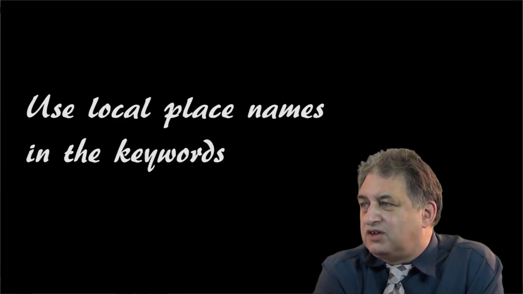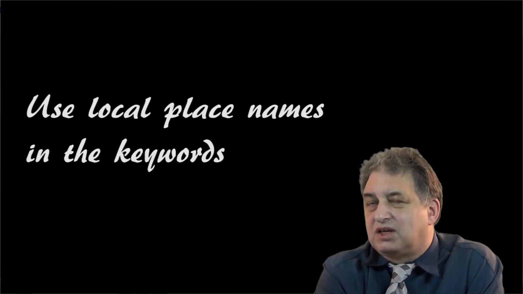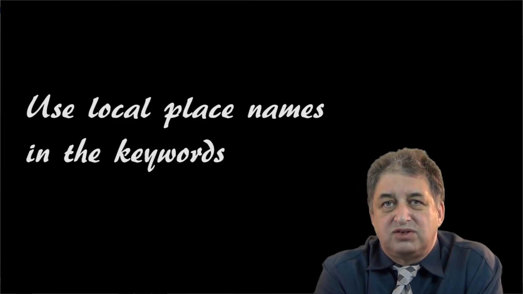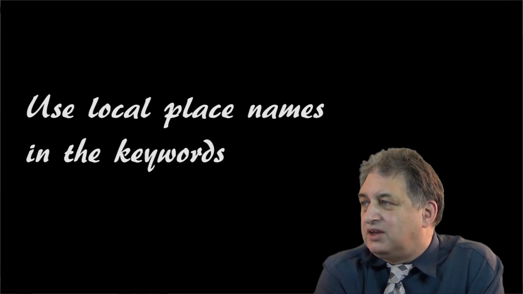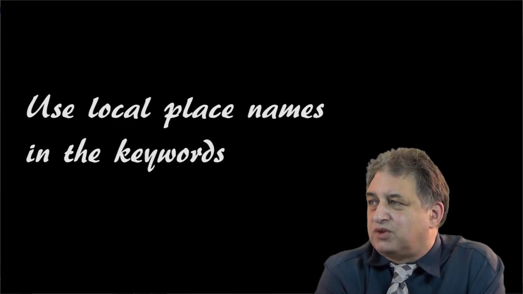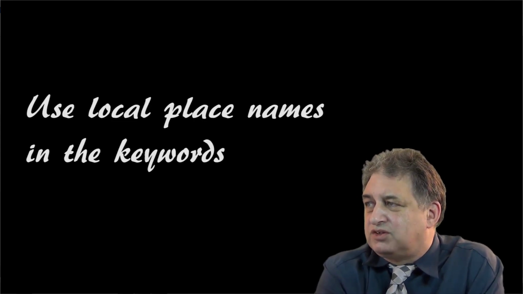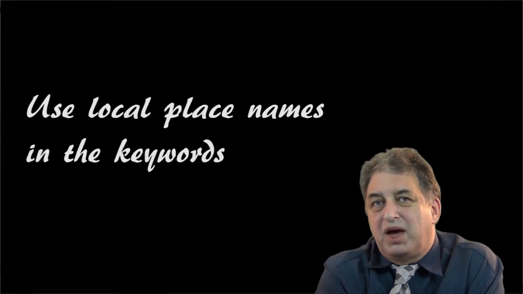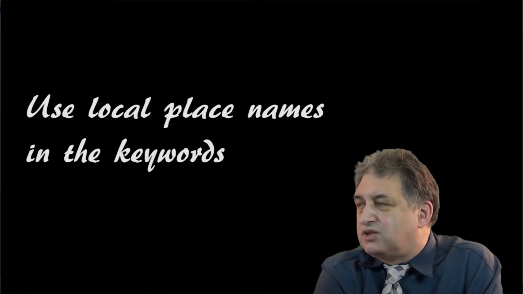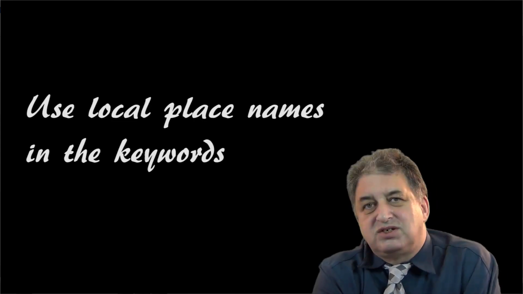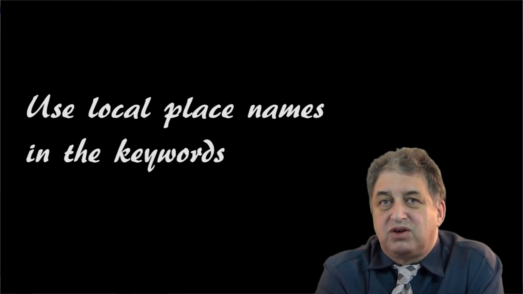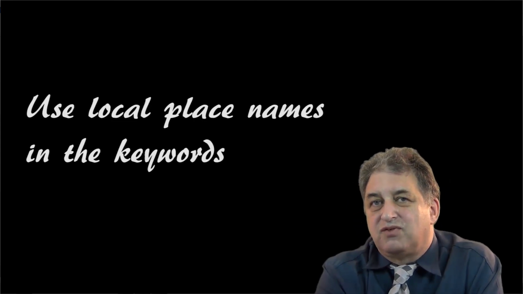So the first rule is, if you want to get found for a particular keyword or phrase, you must use that text at least once somewhere within your website. And ideally, on most websites, if we stick with the plumbing analogy, we could have the words Perth Plumbers or something like that down the bottom of every single page as a tagline. So that's the way you should start thinking about things. Basically, if you want Google to find you, then you have to work with Google and help it on what you want to get found with.